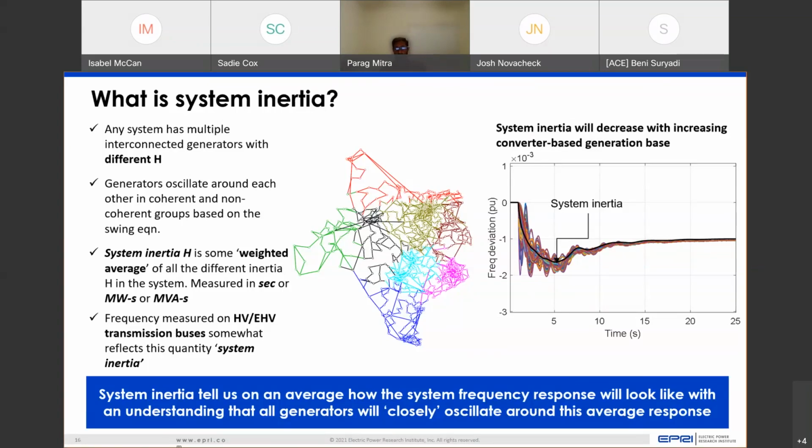And if I were to draw a decision or make a judgment on whether my system would run into a frequency problem, just looking at this frequency corresponding to the system inertia, I would be able to make a good decision as to whether my system runs into a problem or not. So this is the quantity, system inertia, that we are trying to monitor. And if we move to the next slide,